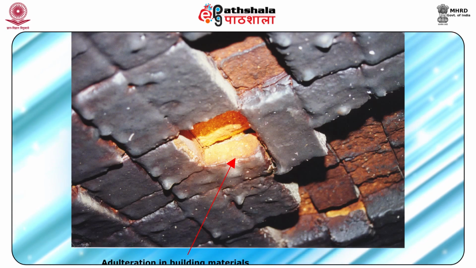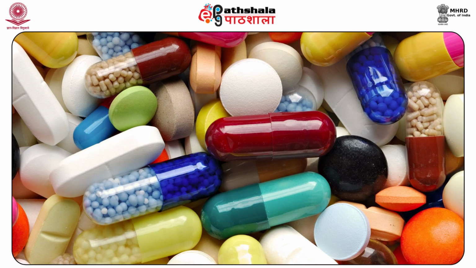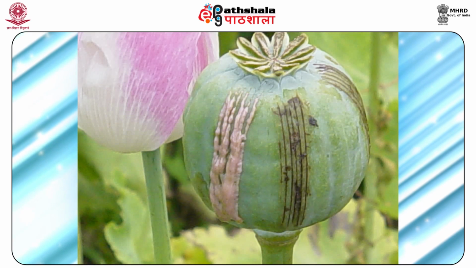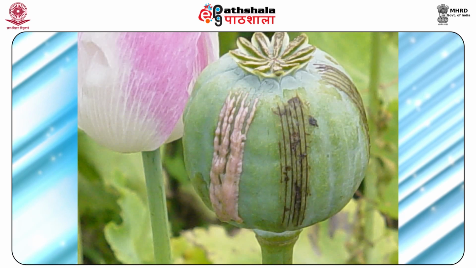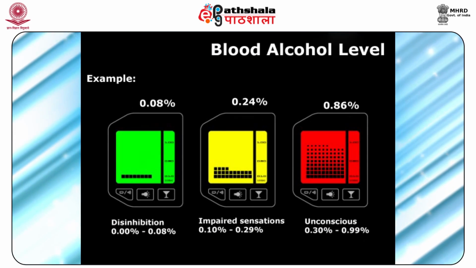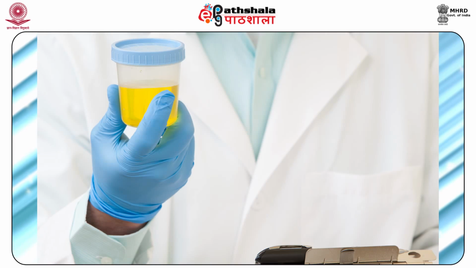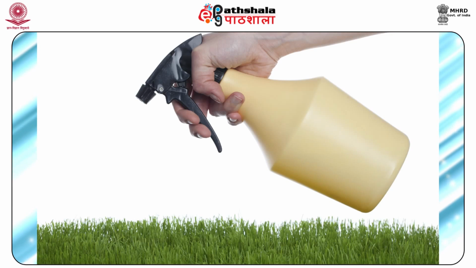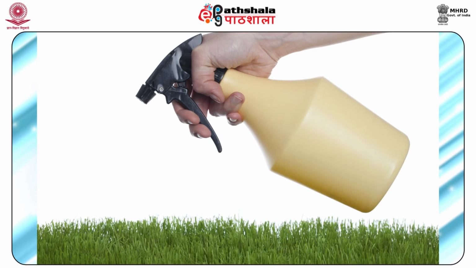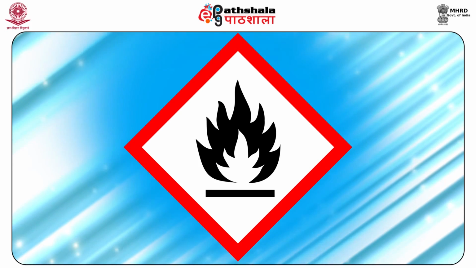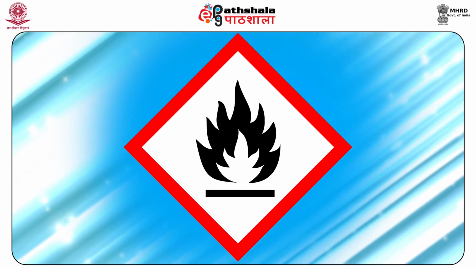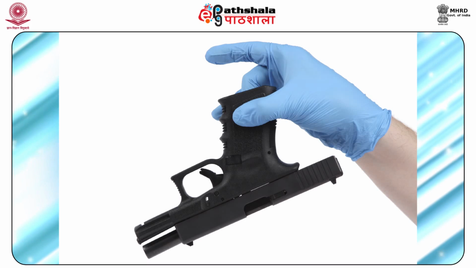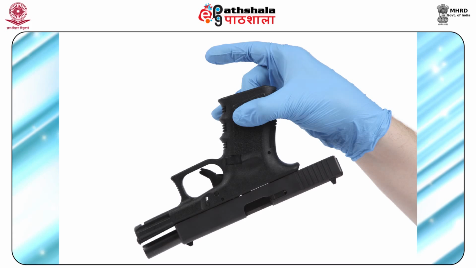examination of low standard construction materials like cement, bricks, etc., as well as the adulteration in these building materials, analysis of various narcotics, designer and abused drugs like bhang, opium, ganja, LSD, etc., as well as illicit liquors, determination of alcohol in blood and urine in cases of suspected drunkenness, and analysis of fermented wash, varnish, etc. in prohibition and excise cases, analysis of pesticides for their identification, examination of inflammable material in suspected cases of arson, dowry deaths, etc. And lastly, analysis of explosives, firearms, and ammunition.